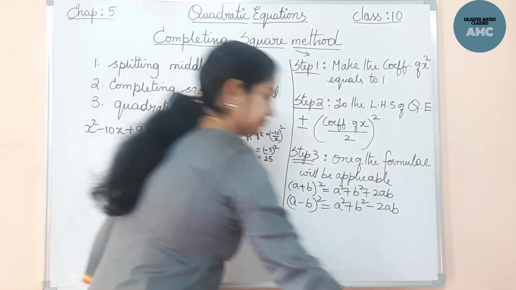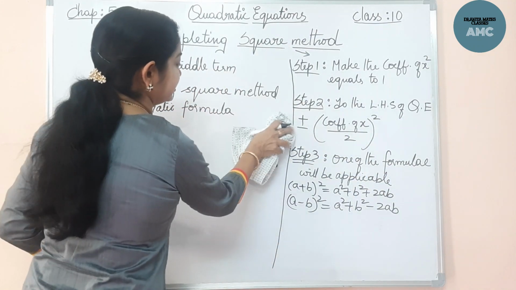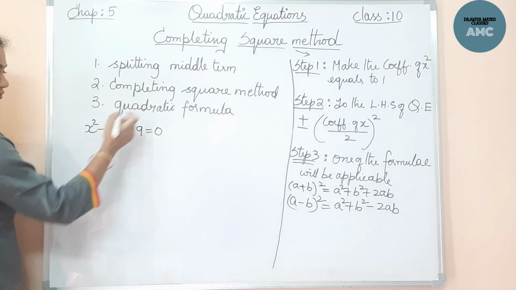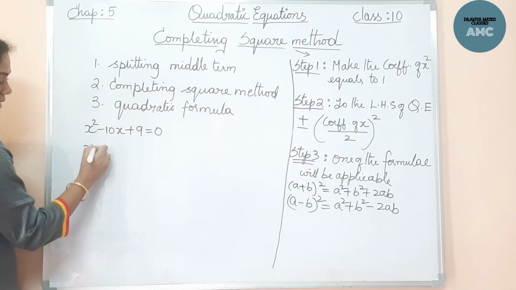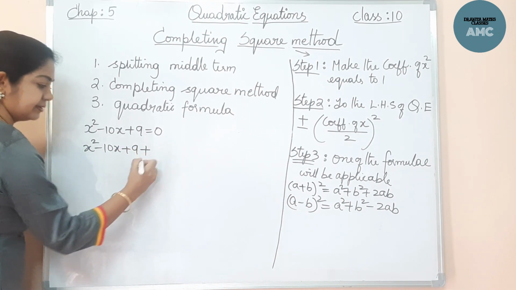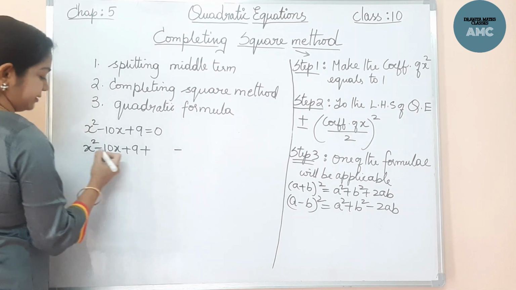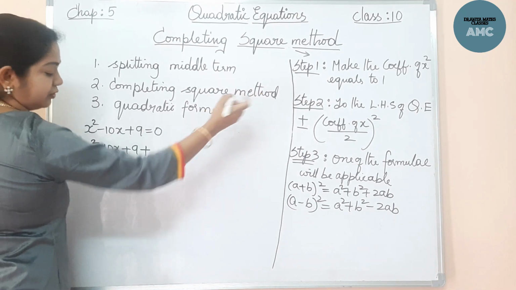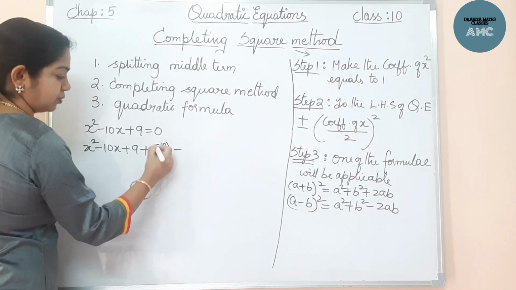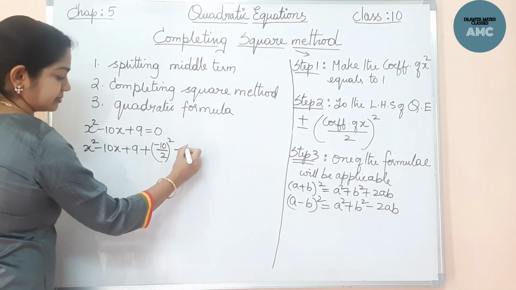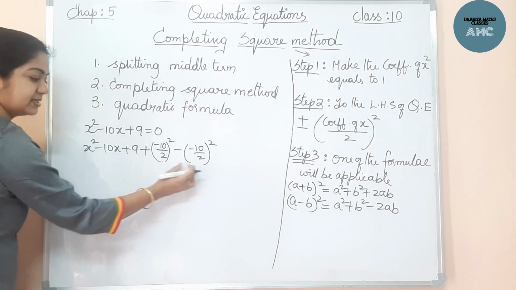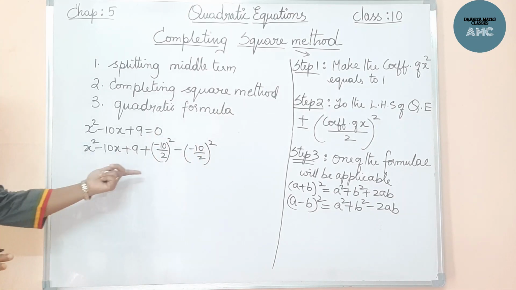Okay, now we'll do that. There's no need of writing this for you to explain. Now the first step is over. Now the second step, x square minus 10x plus 9. I have to add as well as subtract what? The coefficient of x, that is minus 10 by 2 whole square. Okay, that means minus 10 by 2 whole square. So these two, add and subtract this part, this is the important one.